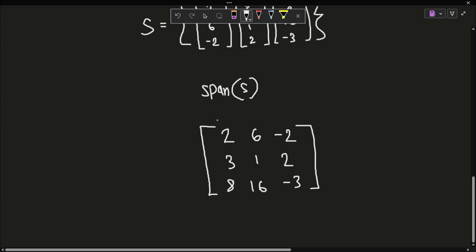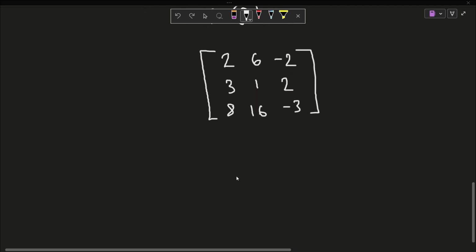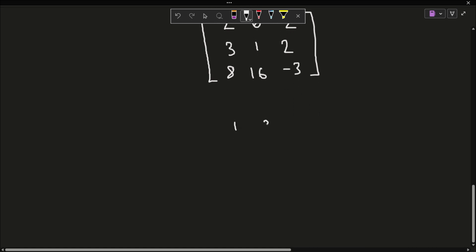So the span of S is just going to be the row space of this matrix based on what we know. So if we row reduce this to obtain 1, 3, minus 1, 0, 1, minus 5 eighths, and then 0, 0, 0,